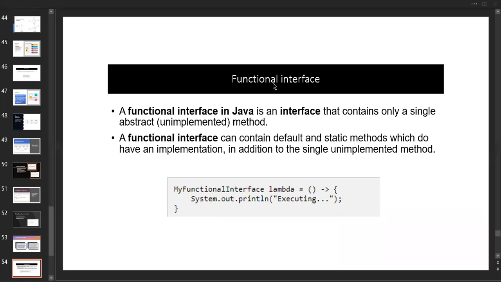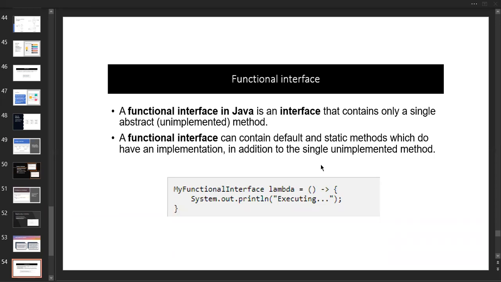So remember that one. Many annotations are available inside Java, but in this situation we are going to discuss @FunctionalInterface, which represents that the interface consists of only a single abstract method, which is not implemented.